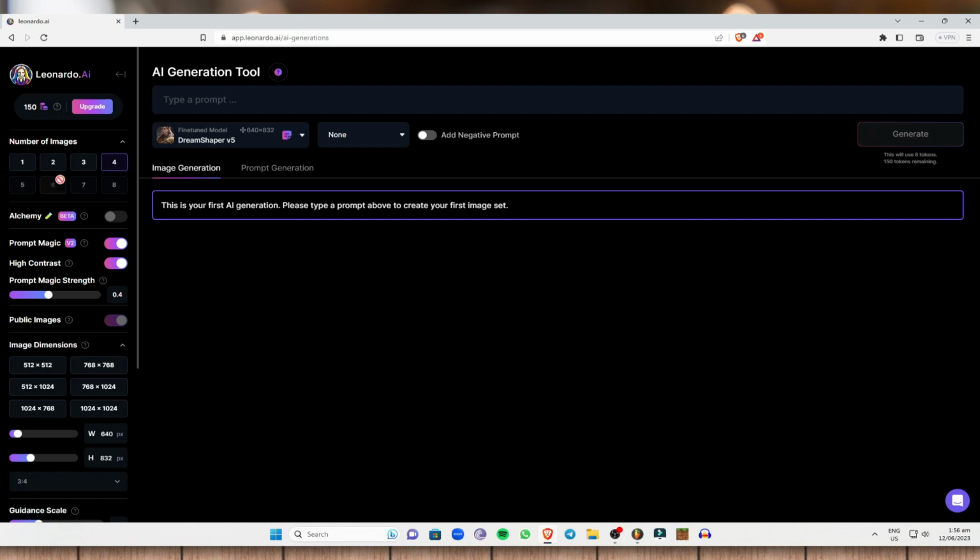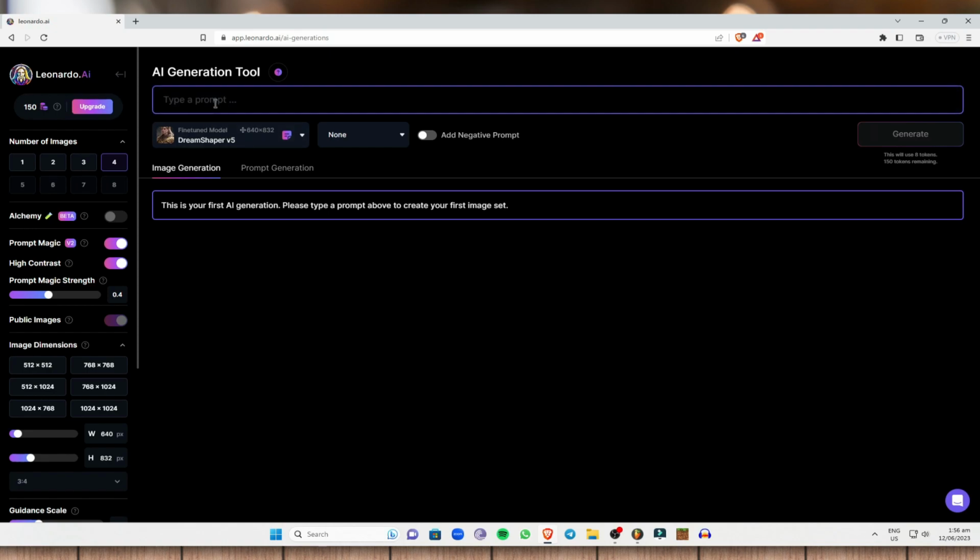So make sure to be mindful of the tokens that you will be spending, because every prompt that you create will use up a bunch of tokens. So you have a limited amount of tokens available, so make sure to keep that in mind once you start generating some images. So as you can see right here under the image generation, you can select a prompt or